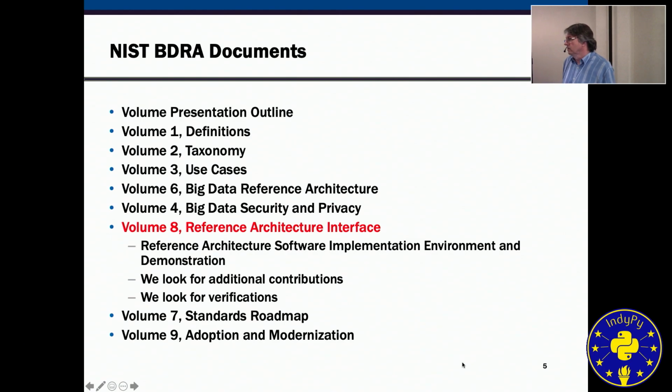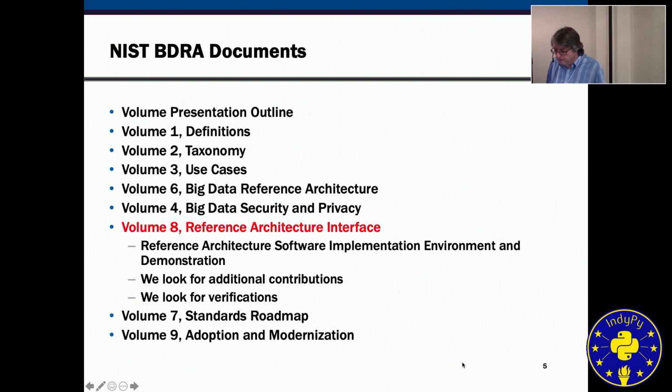As part of this, we need to first identify the definitions of big data and those things. So we have a full volume dedicated to definitions. We have another volume dedicated to the taxonomy for big data, which I will not have the time to introduce today. Then we have a fairly large volume about use cases, and you can contribute these use cases also to NIST as contributors. And these use cases are also now being moved into other standards bodies, and they have accepted those as part of that effort.